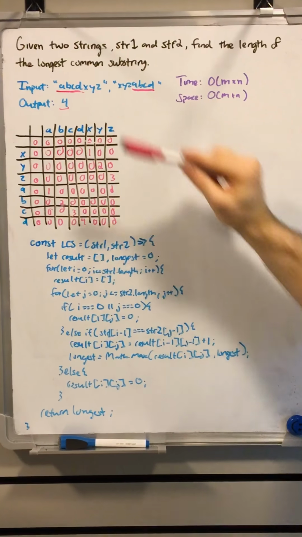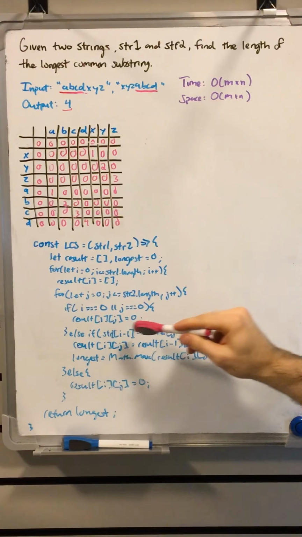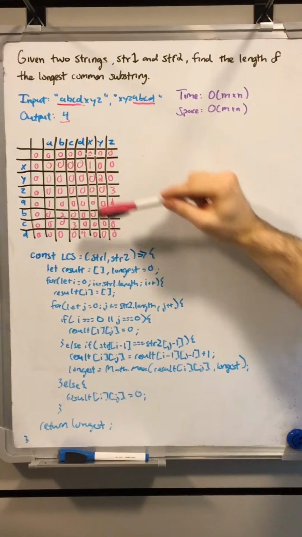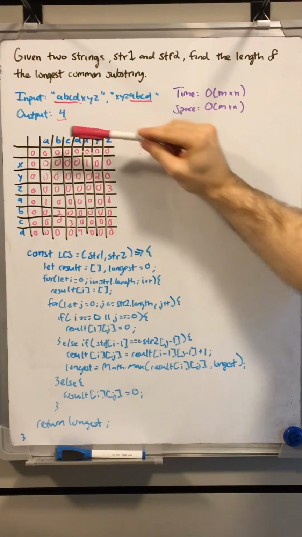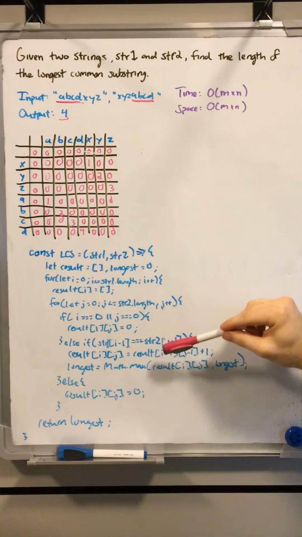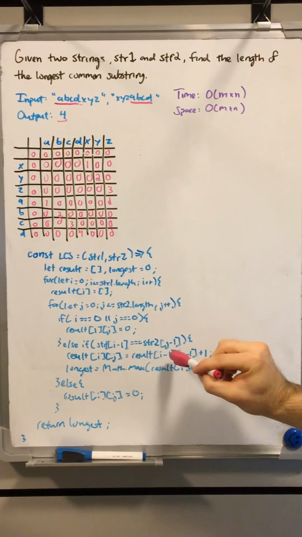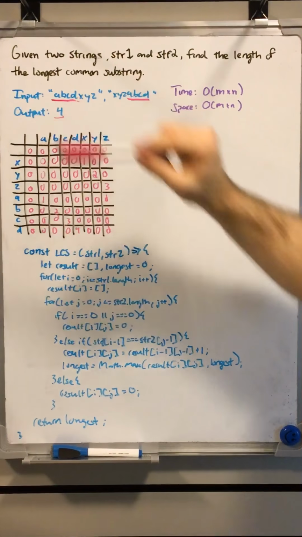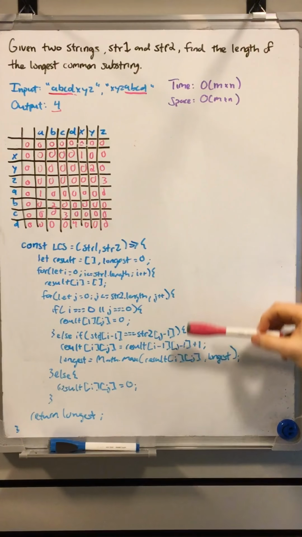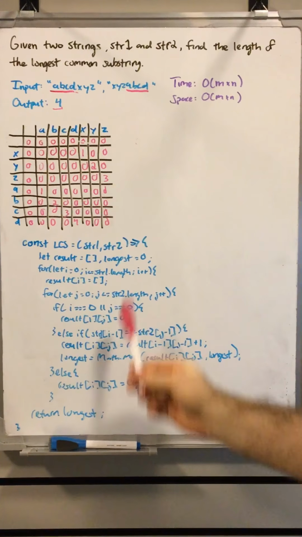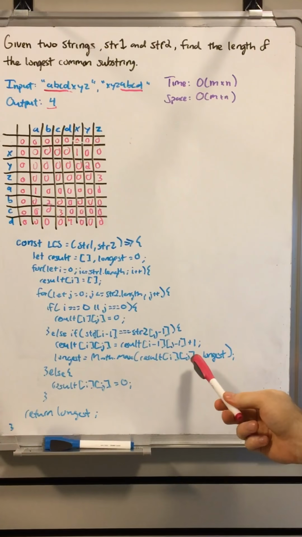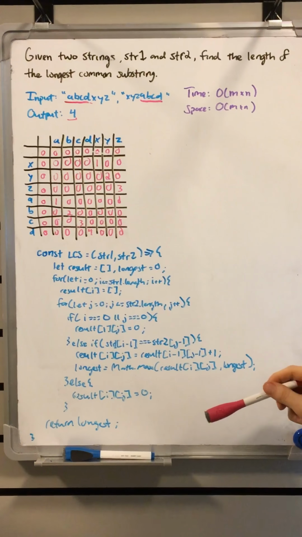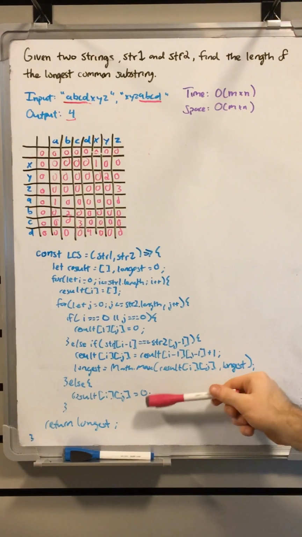After we've done that to the first row and first column, then we start to then ask if our diagonal characters look like each other, X and A. If they look like each other, then we are going to add 1 to the diagonal 0, or the diagonal substring length, and then we're going to set our longest variable to be the math.max of the current length and the last longest length. Else, if they don't share anything in common, we're just going to set it equal to 0,